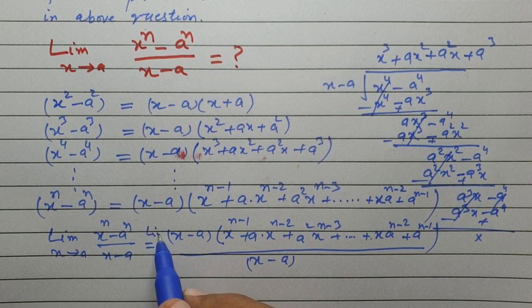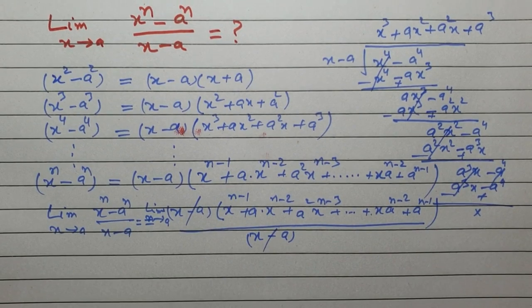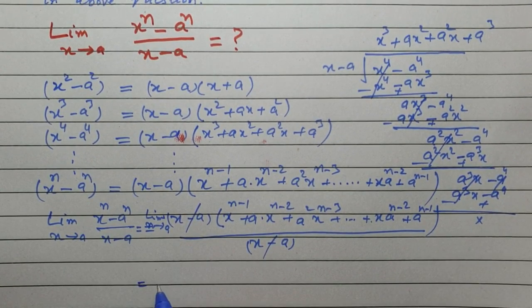Here is limit x tends to a. This factor will be cancelled with this, and we get